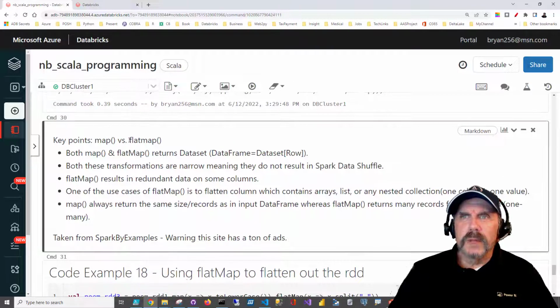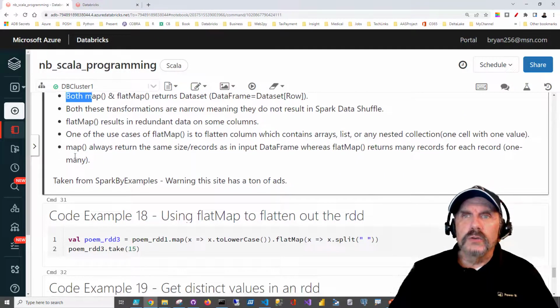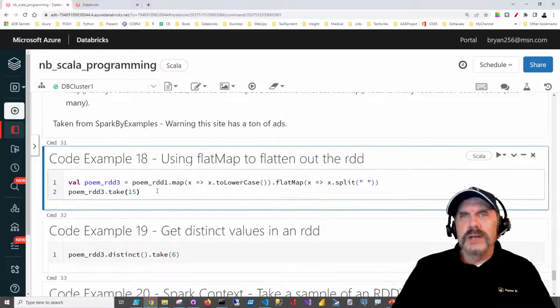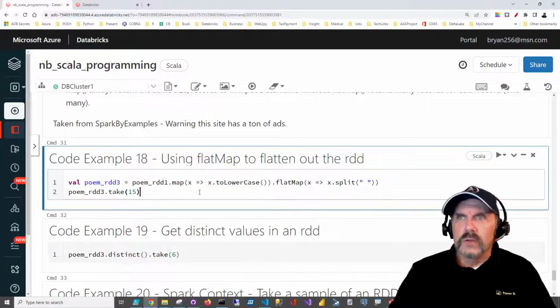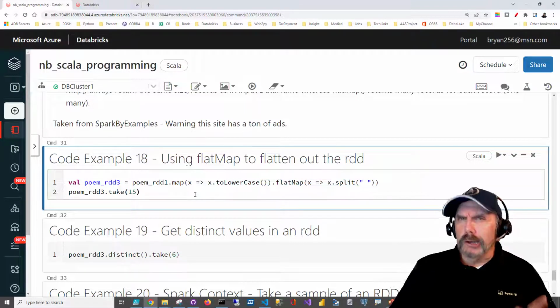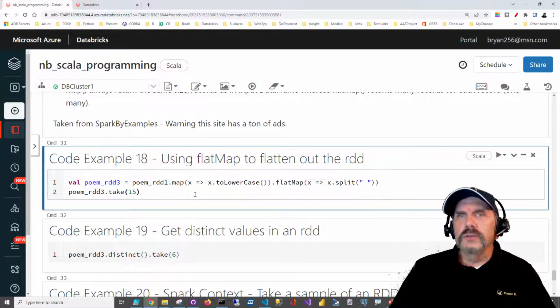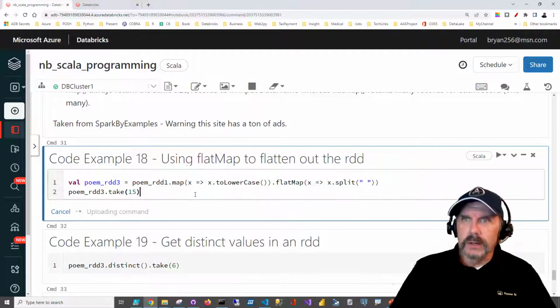We've seen map, but we can do something called flat map. And there's some notes here. But what we're going to do is use flat map to take out that nested array and return it as just a flat single dimension array. So we're doing what we did before, saying RDD map. But when we do this to lowercase, then we're going to do flat map, which essentially is flattening out the dimensions. In other words, returning a single dimension. And then it's going to come back here and split it up. And if it works correctly, I hope it does, it should just return a bunch of words in an array.